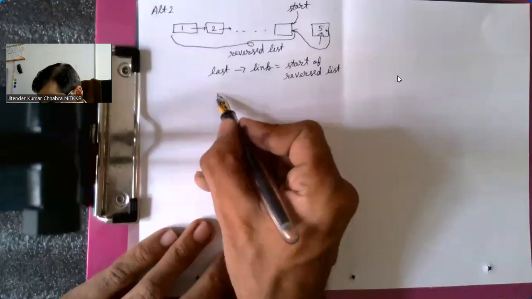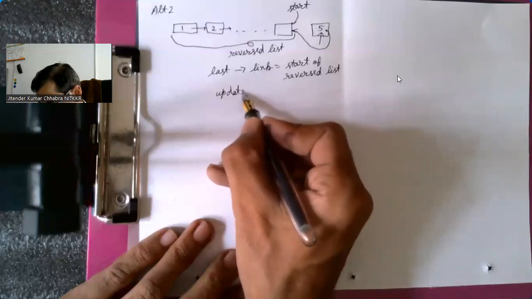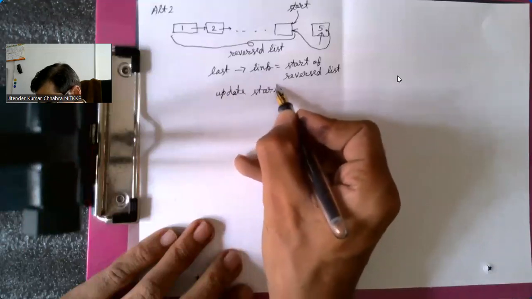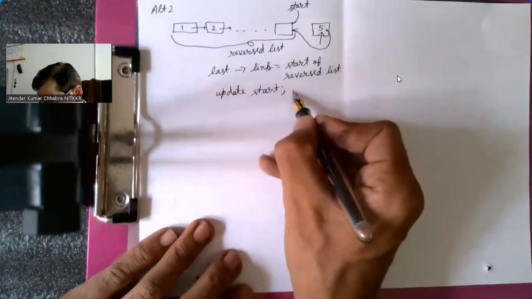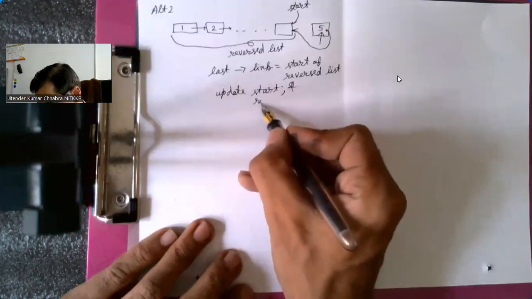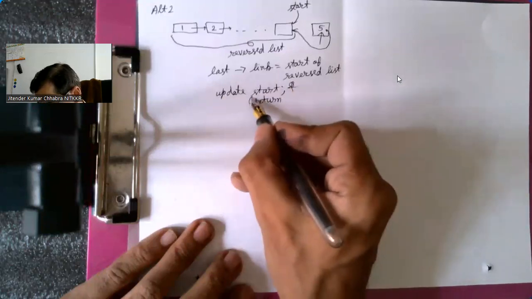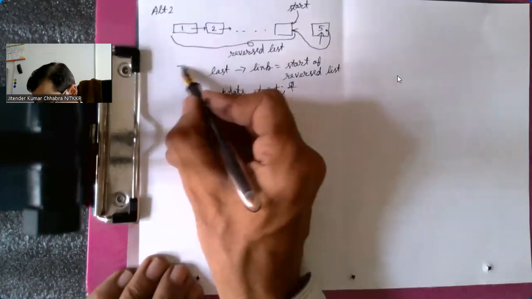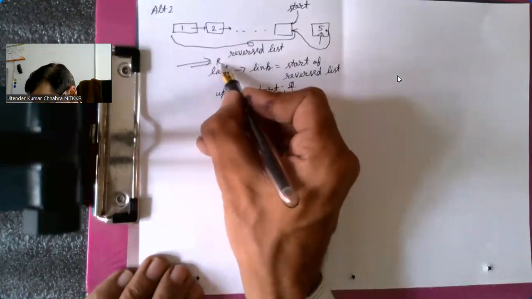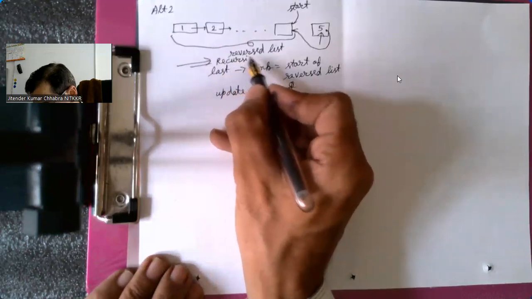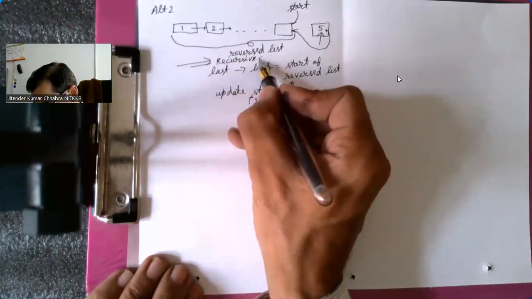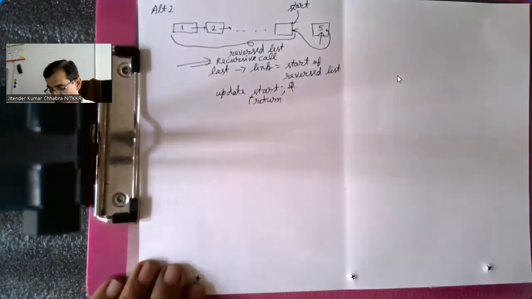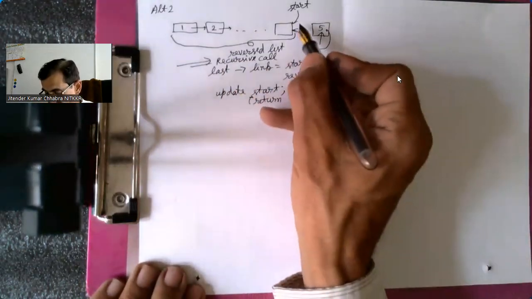Then update start and we're over. And return also, of course. But it means your recursion is before this linking is done. The recursive call will happen until you reach the last node, and you are assuming this list has